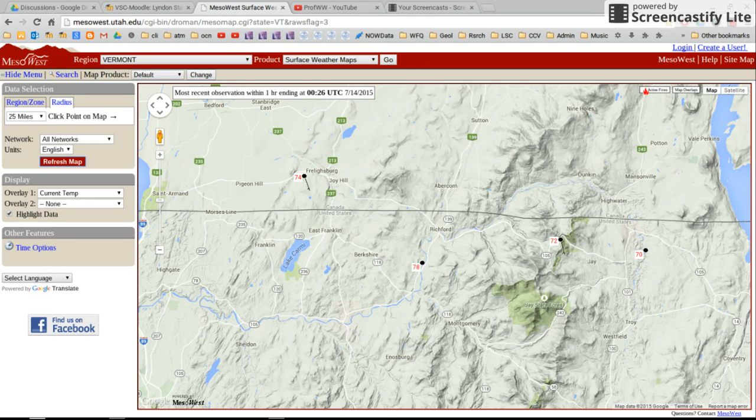And you'll see that the data here is quite different. You'll see the coldest temperature over here is in the mountain station. It's at an elevation of around 2,000 feet. Here at the Missisquoi River is the lowest station, right in the river valley, and this station here in Fredericksburg is on a little bit of a hill. Not as high as the mountain here, but definitely not as low as the river here. So this is just an example of how different stations can vary in their temperature based on elevation.